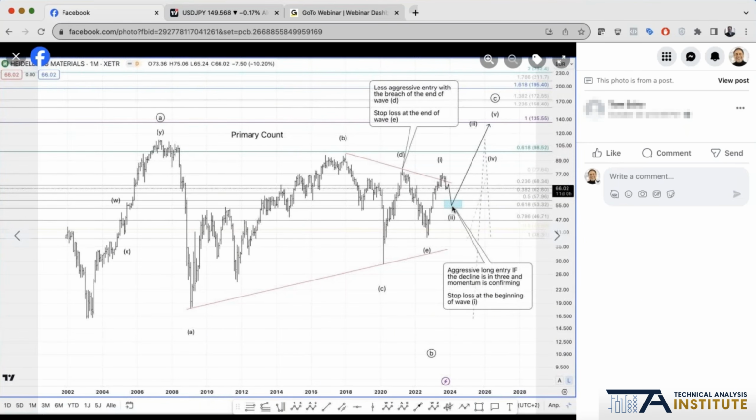And then here we have a triangle B, which makes complete sense. And now you're expecting a C. Since this is a monthly, you're looking for decline here, which can be taken advantage of. Let's see if that's what you're trying to do. You want to do less aggressive entry with the bridge, or you want to buy. All right, that's great. But remember, this is a monthly, so there is a huge, when you take the